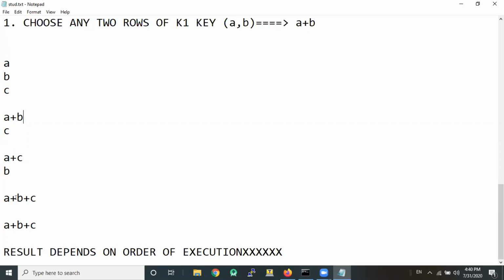Then obviously, A plus C plus B and A plus B plus C result in absolutely different string results. So it is allowed in Spark to do it on a string set of values, but it is never used in MapReduce.